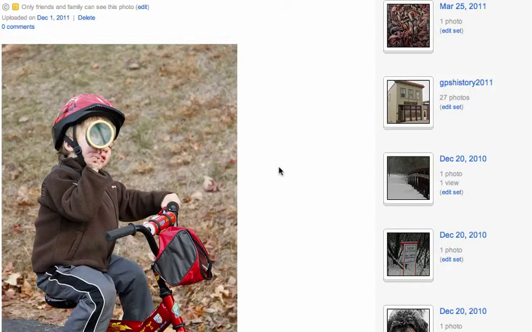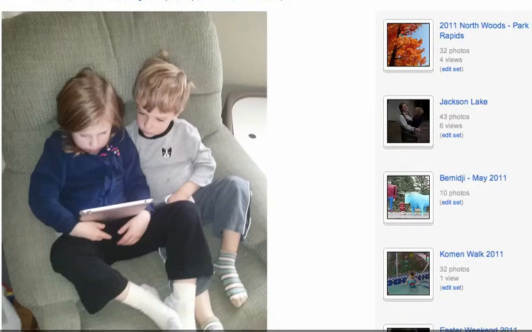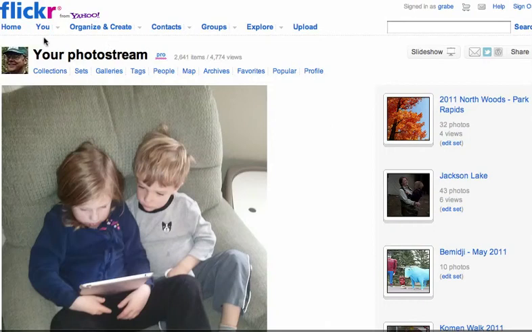So what I'm going to do is take you through the process of creating a set, and I'm going to do it from scratch. And the benefit of that is you'll also see some of the other skills that go into building a Flickr photo collection. So if I go from my photo stream to what's called home,